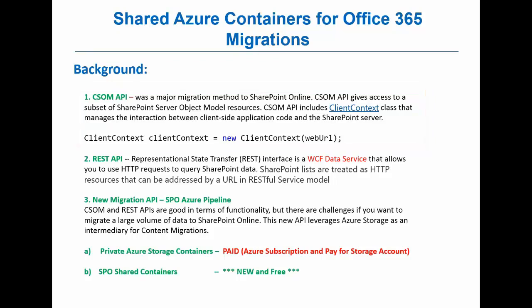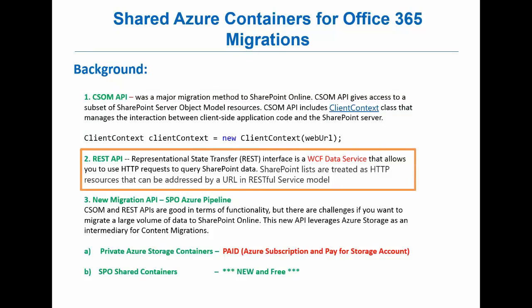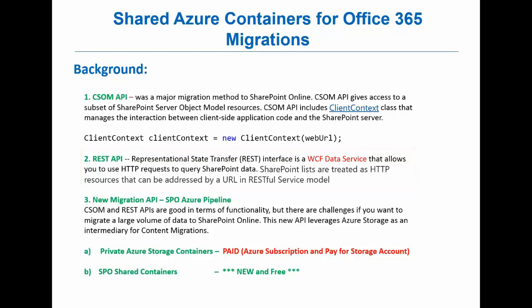The other way is to use a REST API, which is nothing but a WCF data service where you can query SharePoint using HTTP requests. Though CSOM and REST APIs are both good in terms of functionality, the main drawback or challenge was that they're not geared for large migrations. You can't migrate a large volume of data to SharePoint Online